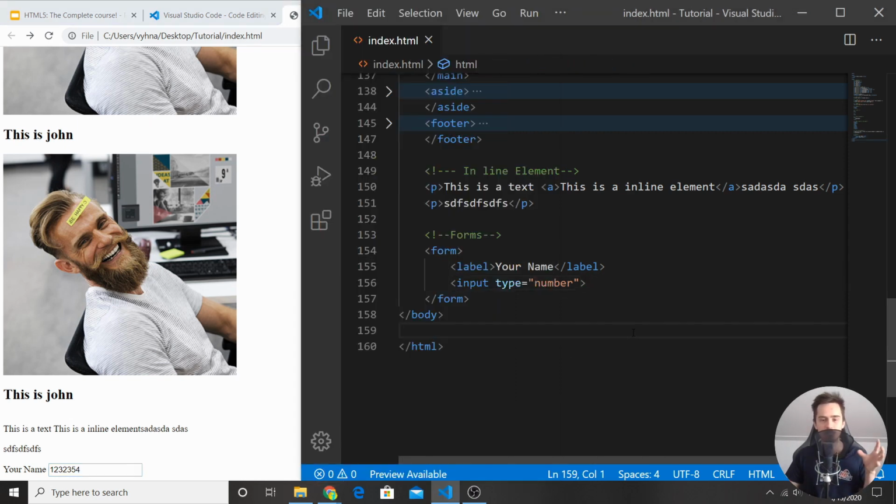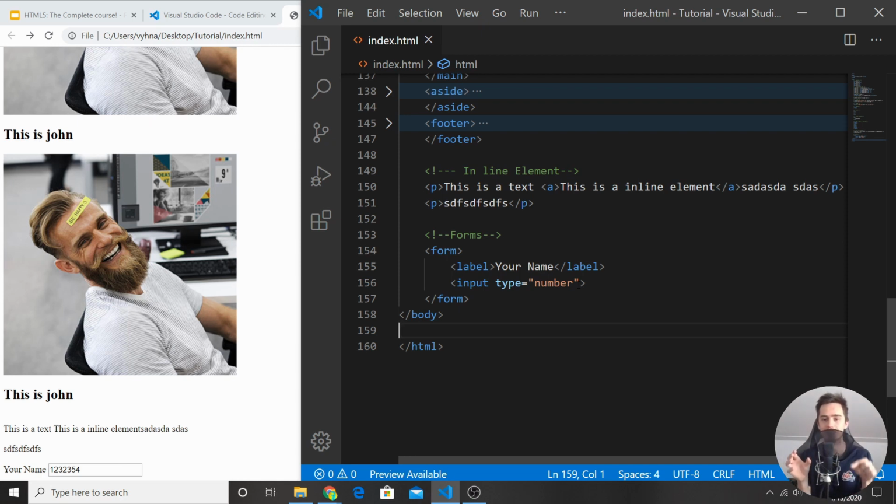So this is a very simple thing that can prevent the user from entering something stupid, for example, for a phone number. If you say that the type is a number, the user has to put in a number, he cannot put in text. This is very important, for example, on a mobile phone. If you make a responsive website, so basically a website that will be shown on your smartphone, this type is very important,